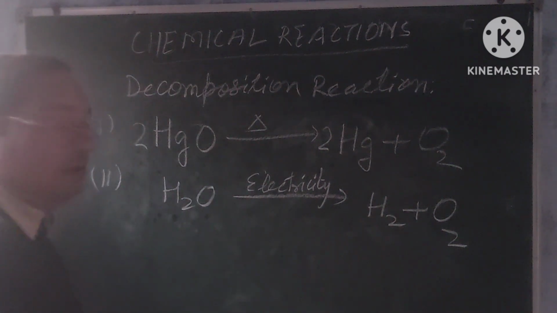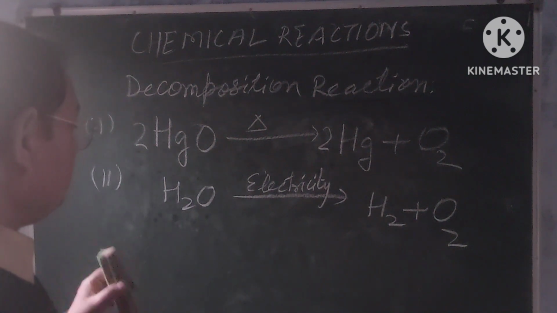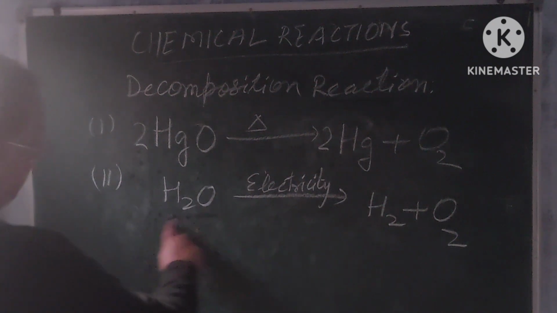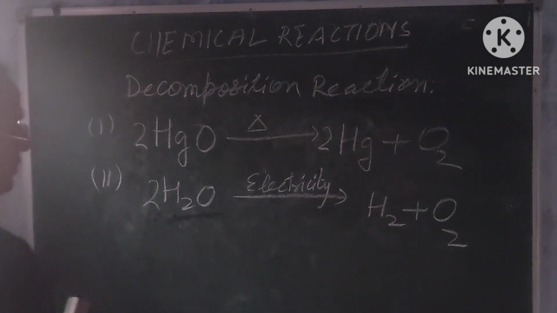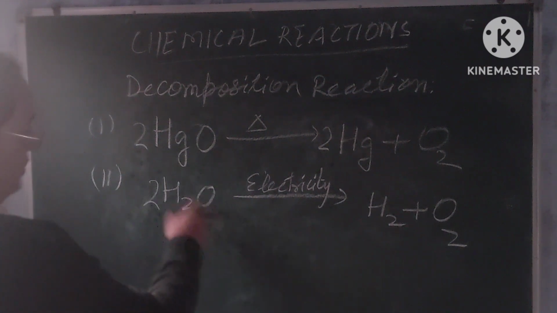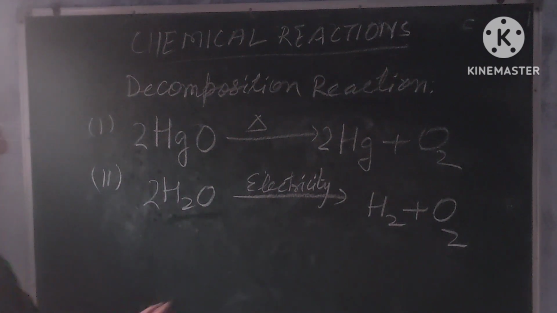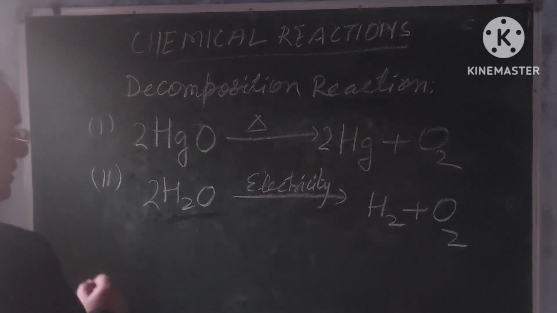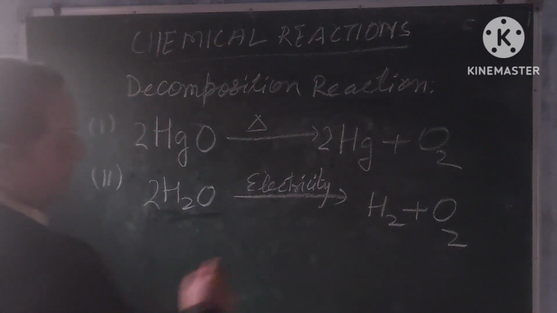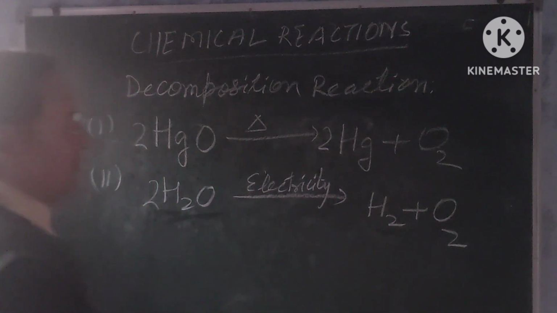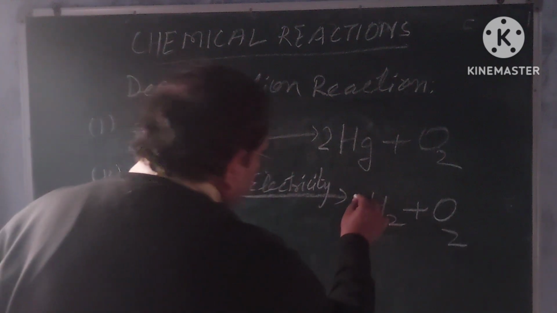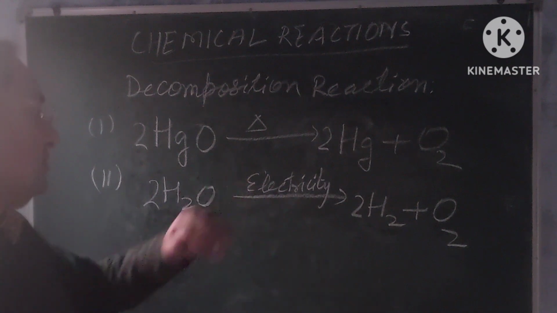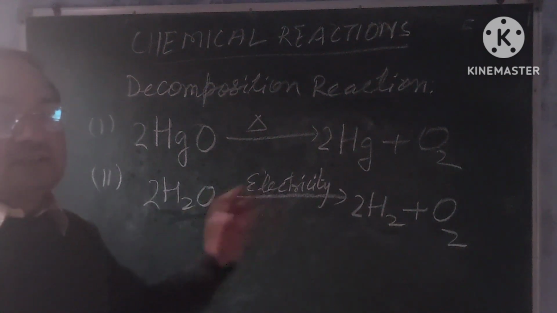So oxygen is not balanced. To make the oxygen atoms equal on both sides, we multiply the water molecules by 2. In this way oxygen on the reactant side becomes 2, and at the product side it is already 2. Now I check the hydrogen atoms at the reactant side. This is 4, but at the product side it is only 2. So we will multiply the hydrogen molecules by 2 also. Now we see that on both sides hydrogen atoms are equal and oxygen atoms are equal. So this chemical equation is balanced.